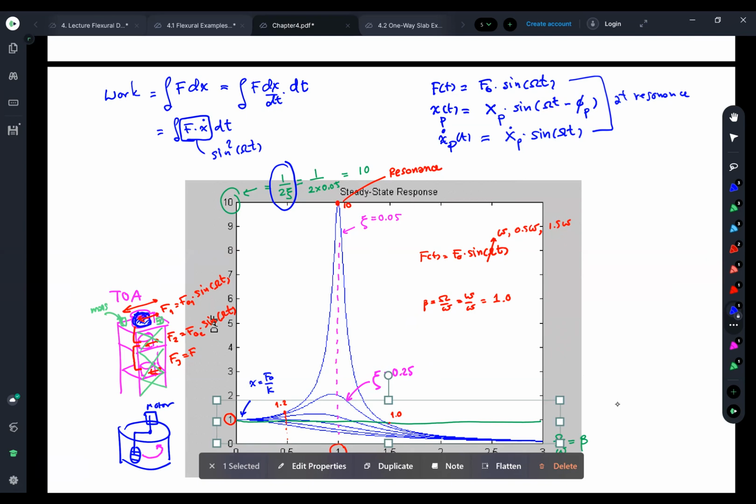And this will happen only when the force and the velocity x dot are both the same function, sine or cosine. If the force I assume is sine, the velocity will be sine, the same function with the same phase. No phi p anymore. Only pure sine function, the same function as the force. To make the product of them, force multiplied with the velocity, become a sine square. And this guarantees that every time instant